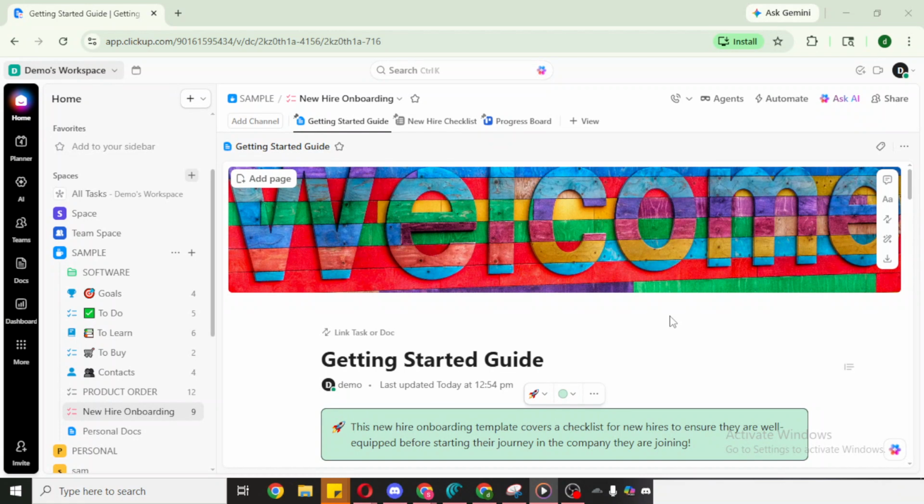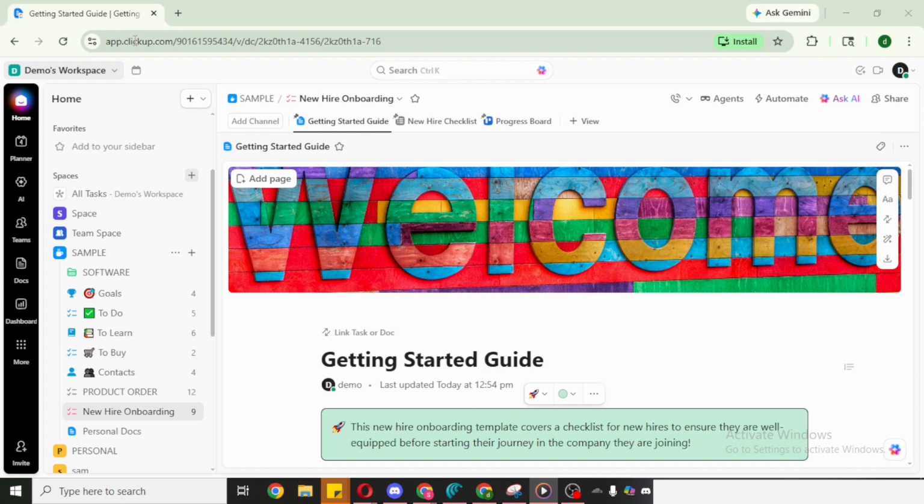First, open your ClickUp account and sign into the workspace where you want the integration. Make sure you're on the main dashboard so you can see your sidebar and settings. If you're using multiple workspaces, double check you're in the right one before moving on.